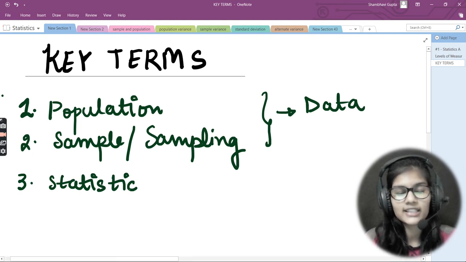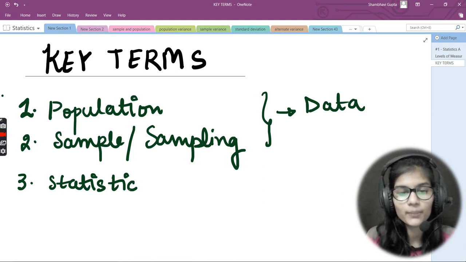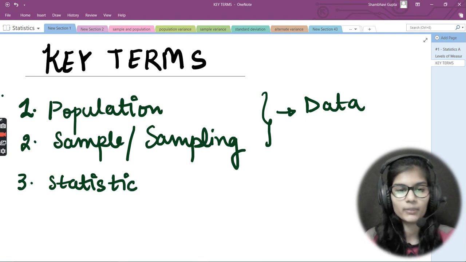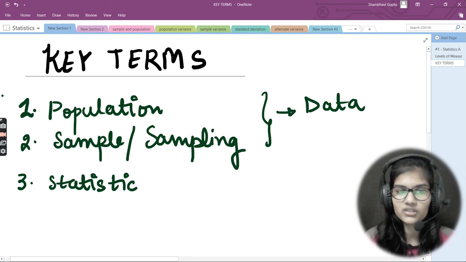Now let's take an example for this. Let's say I consider one math class. One math class is basically a sample of the population of all the math classes. Let's say I have n number of math classes in a school. From all of the math classes, I took one math class. So all the n math classes are the population for me, and from that I picked one particular math class, so that is a sample. I just told you the definition for population and sample, that is absolutely clear.